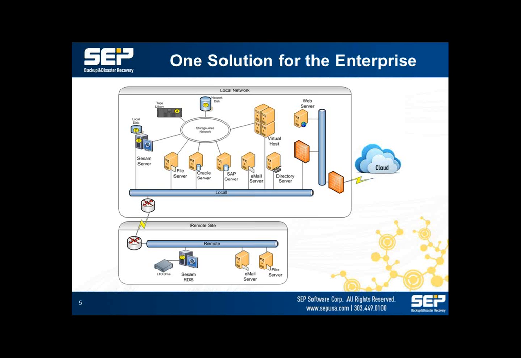So we also see on the bottom of this diagram, just along the bottom of the storage area network, we have a file server, a database server, an application server, an email server. So we could back up all of these servers through the local area network and have everything run through the main backup server to the media.